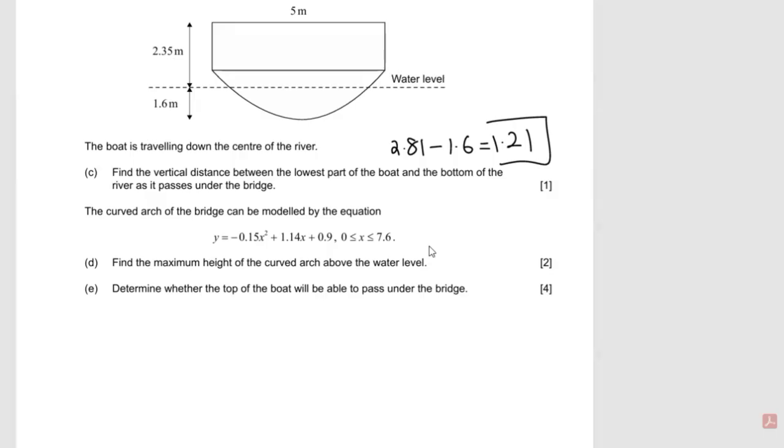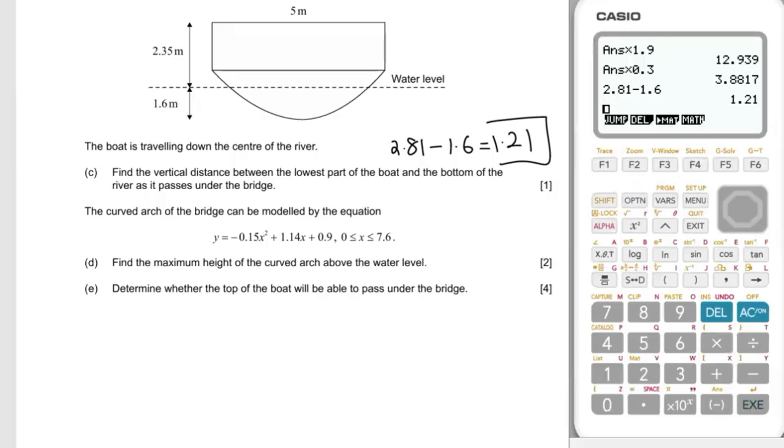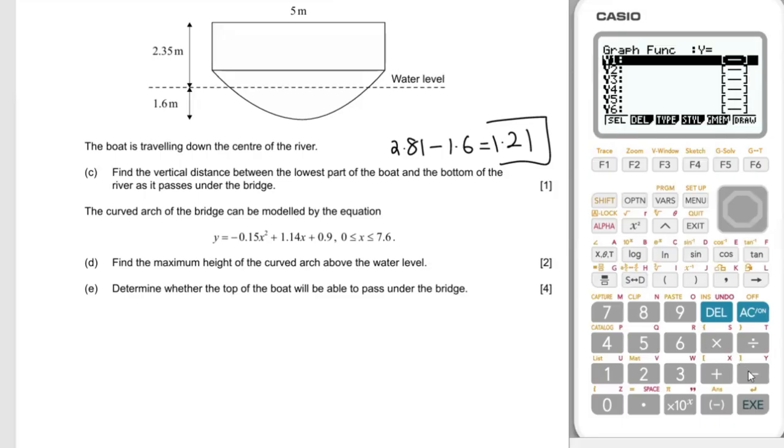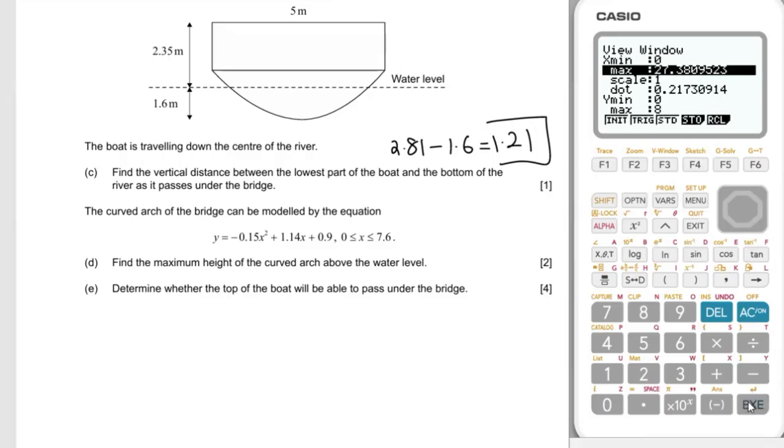So now there are different ways. You can either use calculus or you can just go to the graph and graph it. Let's use a graph, as we've already used a lot of calculus in the previous question. Both are acceptable ways. Minus 0.15 x squared, plus 1.14 x, plus 0.9. There we go. Let's set the view window domain, which is going to be 0 to